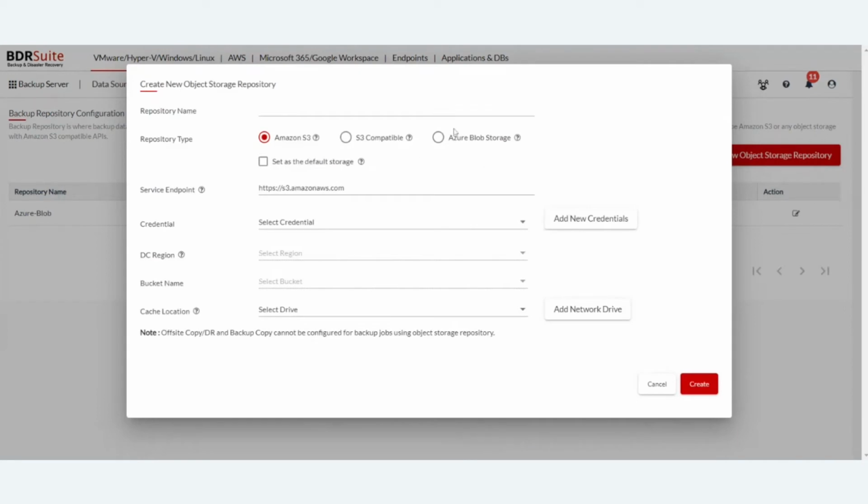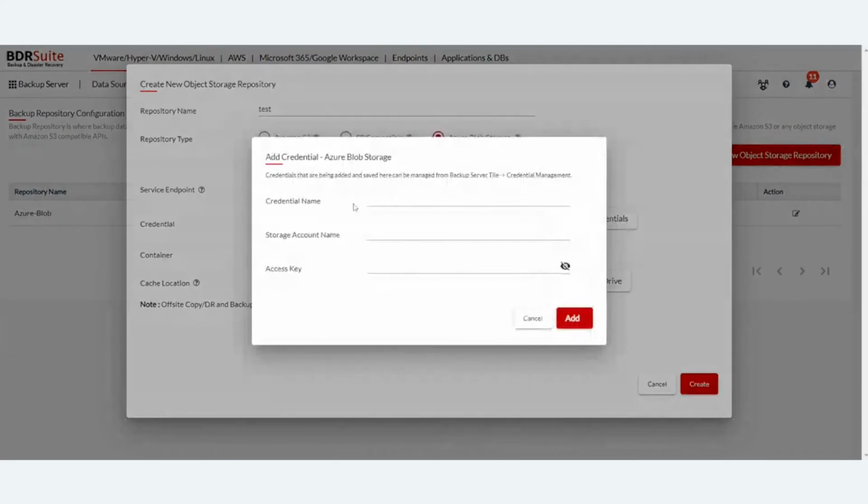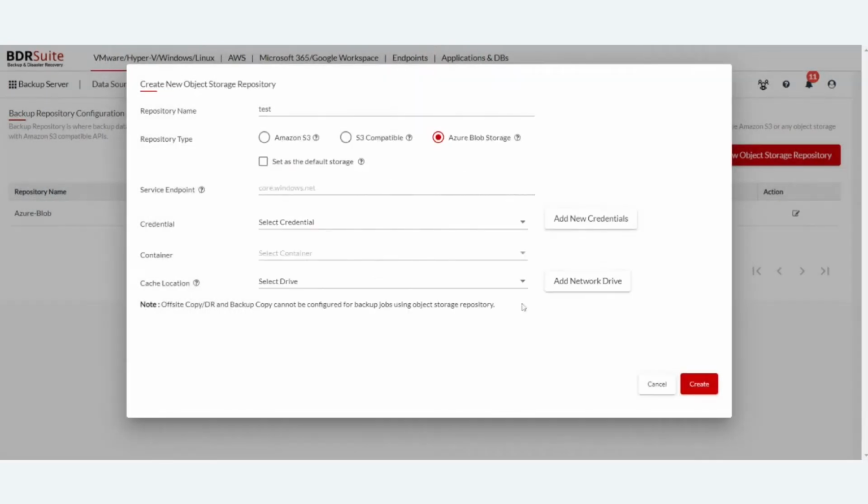You just have to give a name for the repository. Select Azure Blob storage, and you have to provide all the details. You need to provide the service endpoint, then you need to create the credential and specify the credentials here. Just click on add new credential. You need to provide the name, the storage account name, and also the access key, which you will get from the Azure portal. Once the credentials are added, it will list out the storage containers. You just have to specify the container where you want to store the backup data, and you also need to specify